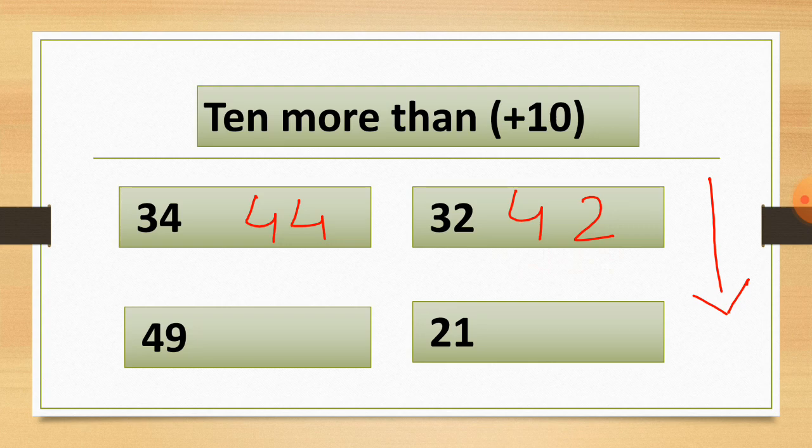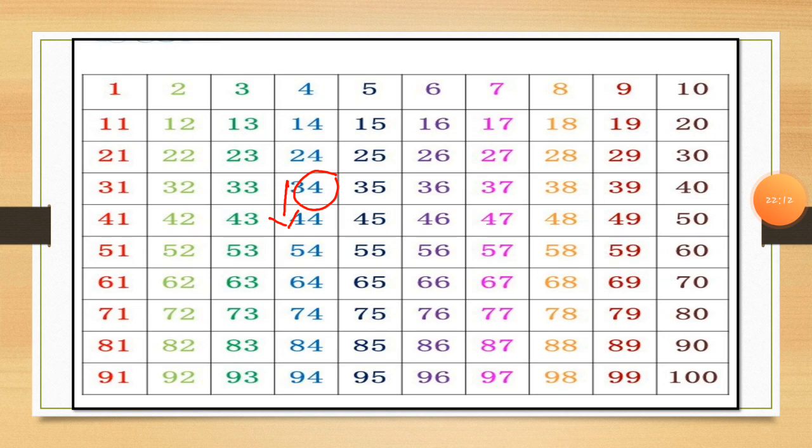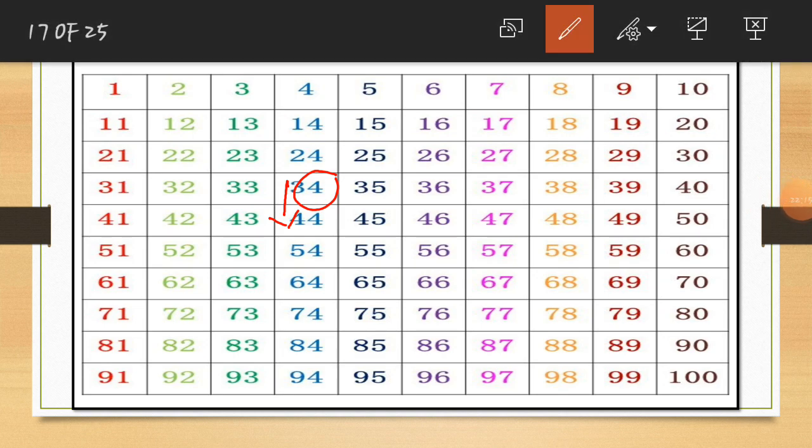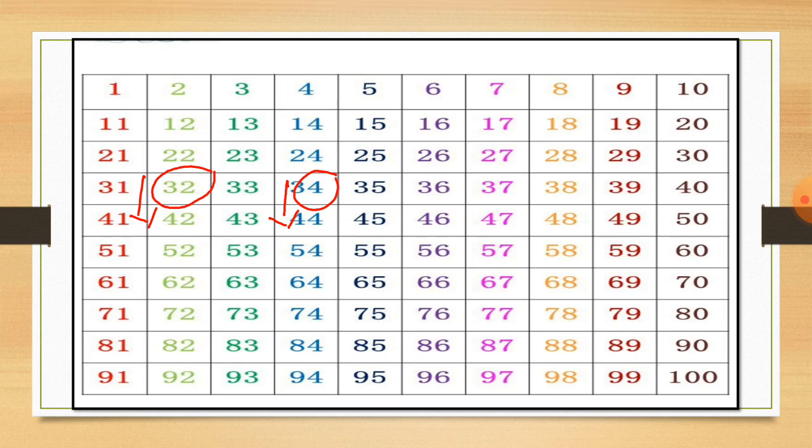So let's check this number in the hundreds grid to see if we are getting the right answer or not. Let's find the 32 number first. So I circle the 32 number, and we have to go down just one step. You can see here is the 32 number. I circle it and we move down one step. Here you can see we are getting the 42 number which is our answer, and the answer is the same in the hundreds grid and in the box as I wrote. So this way we are getting the answer.